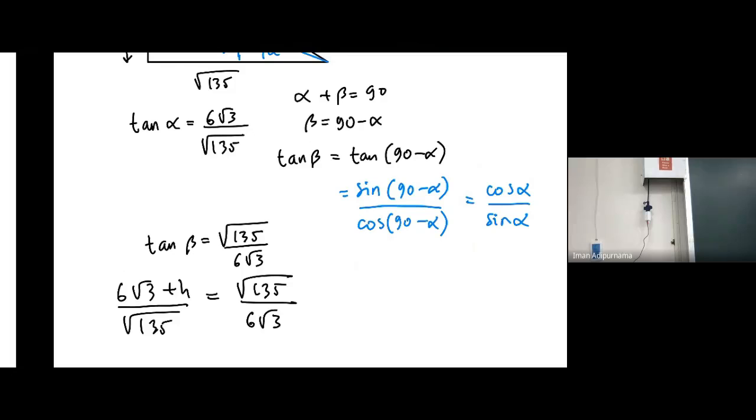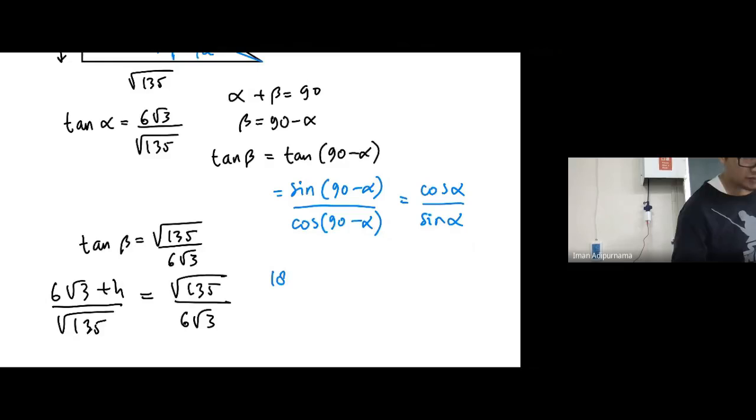I cannot give really any points because I think you don't really know what you are writing if you don't know the concept. Okay, so 6 square root of 3, 6 square root of 3. 6 squared is 36. Square root of 3 is 3. 36 multiplied by 3 is 108, right? So 108